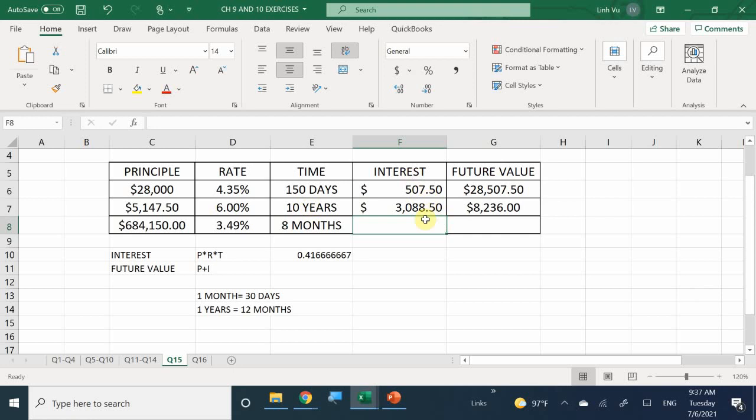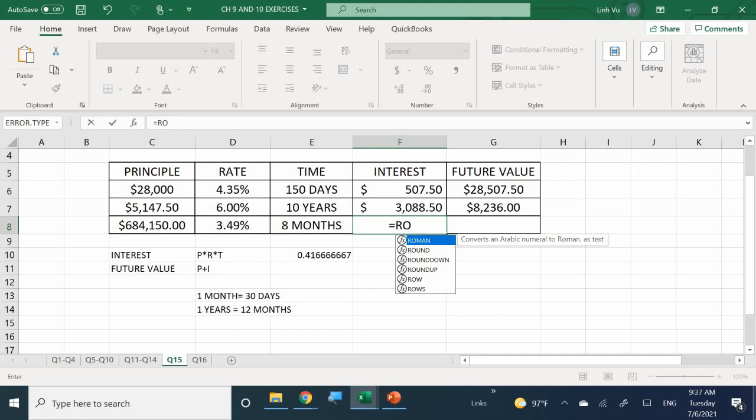Okay, sorry, what was that again? So how did you do this one? We take our principal, we multiply it by 0.0349, and we're going to multiply it by